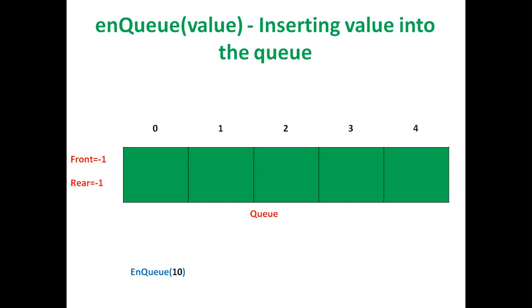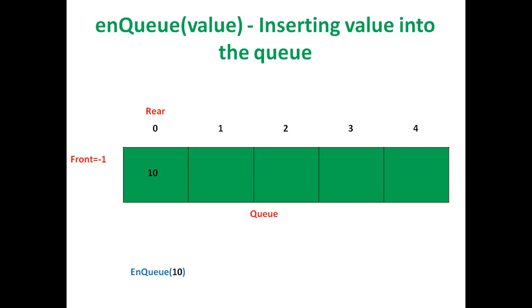According to algorithm, if you want to insert the values into a queue, check whether queue is full or not. So how to check queue is full or not means rear is equal to size minus 1. Yes, rear is equal to size minus 1, condition false. Then increment the rear value by 1, that is minus 1 plus 1 means 0, and insert our new element into a queue of rear position. So that is 10. So rear is indicating the 0 value, 10 is the first value.